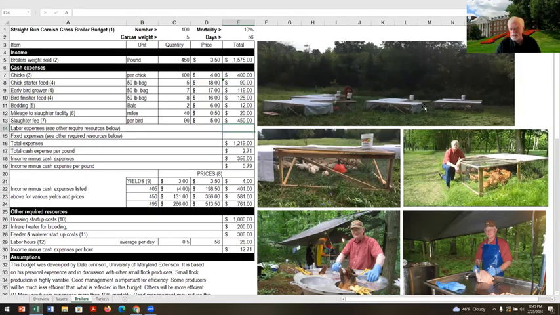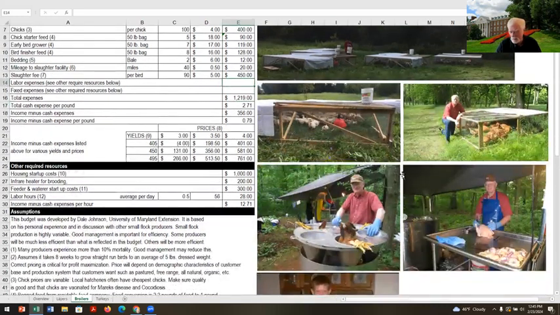If you ever do this, I would encourage you to do the 12 by 12s that Joel Salatin has. I did 8 by 8 foot because I had children that I wanted to move these, and they're a little bit lighter. But you want to go 12 by 12 because you get 144 square feet versus 64 square feet in mine. But if I had it all to do over again, I'd use the electric fencing with a shelter in the middle for the broilers, just like the layers. I think I like that system better.